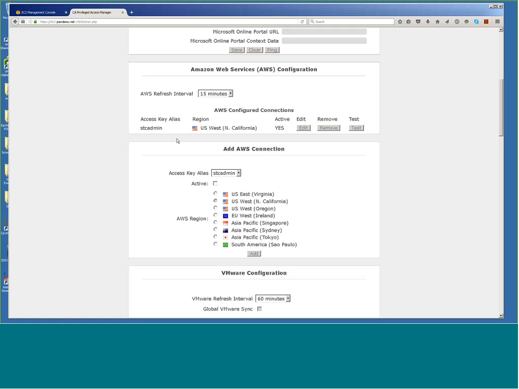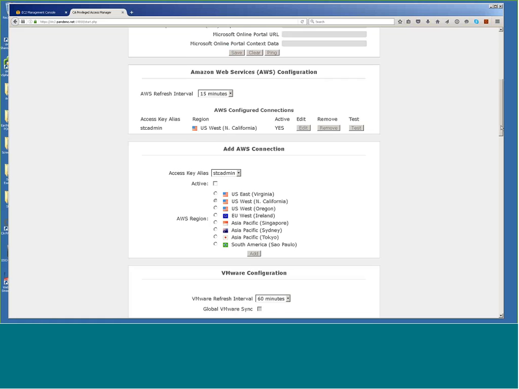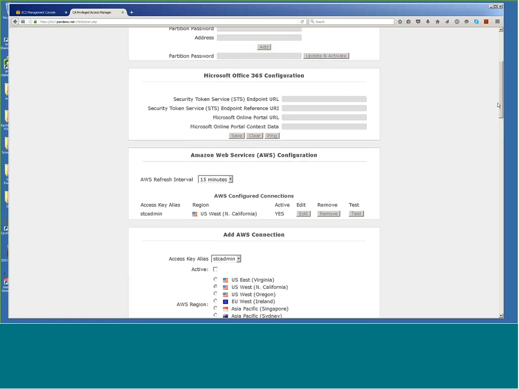So for your end users, they're just going to see a list of devices or web portals, whatever they have access to, network devices. They're going to see a list of what they have access to, and they don't have to worry about which domain it's in. You don't have to worry about when you add new machines to that domain, bringing them into CAPM. We can automatically scan for them. You can do them via the OU or security group. So when you do a refresh, we can set that refresh interval there, so that's automatic. They're automatically going to show up. So again, taking a lot of management overhead off. Let me go back to the administration console here.